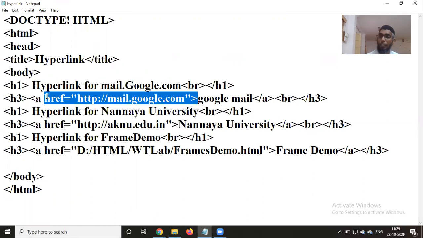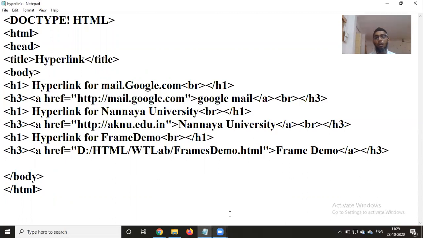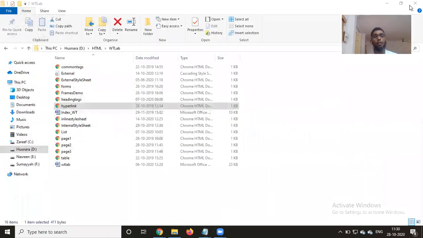Here in the href, you are specifying the reference page which it has to access. This stuff we have already discussed.